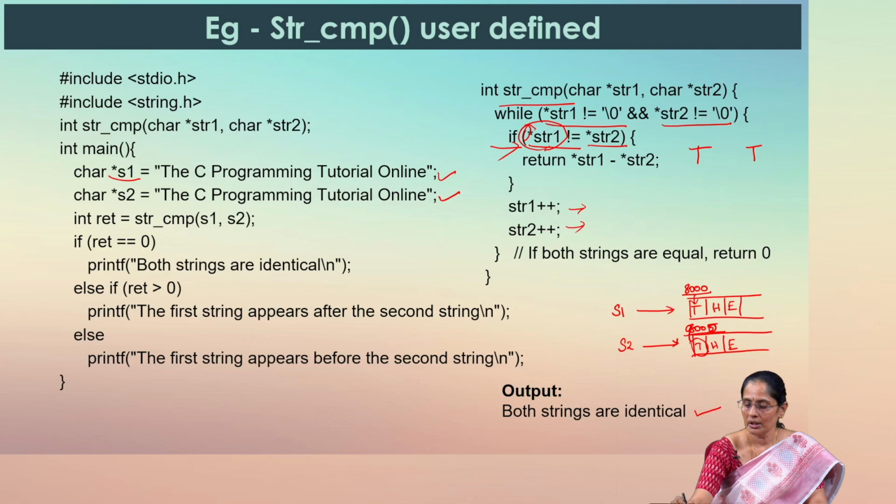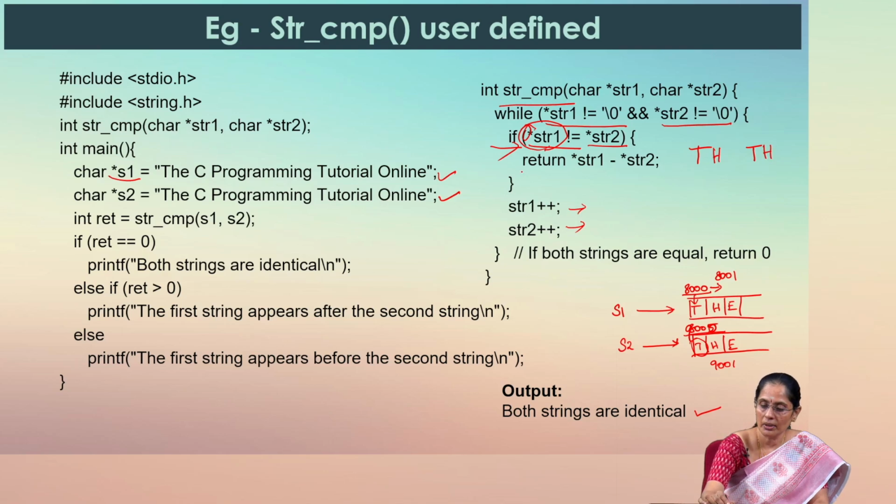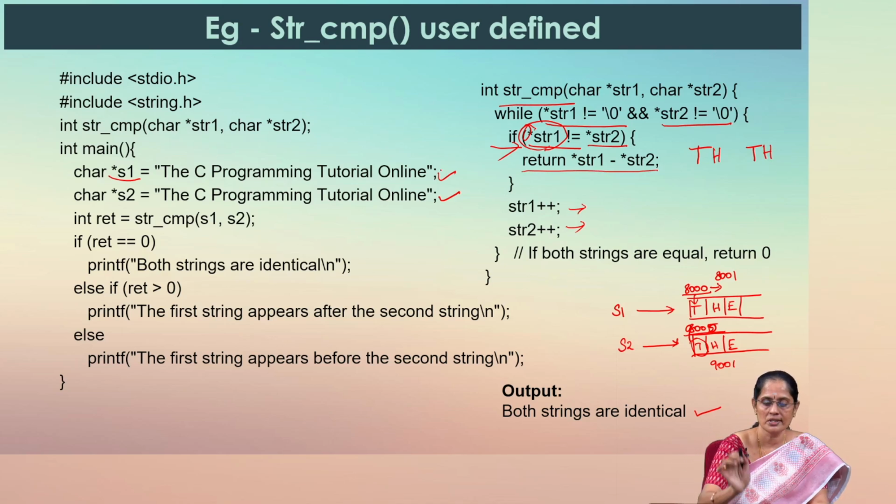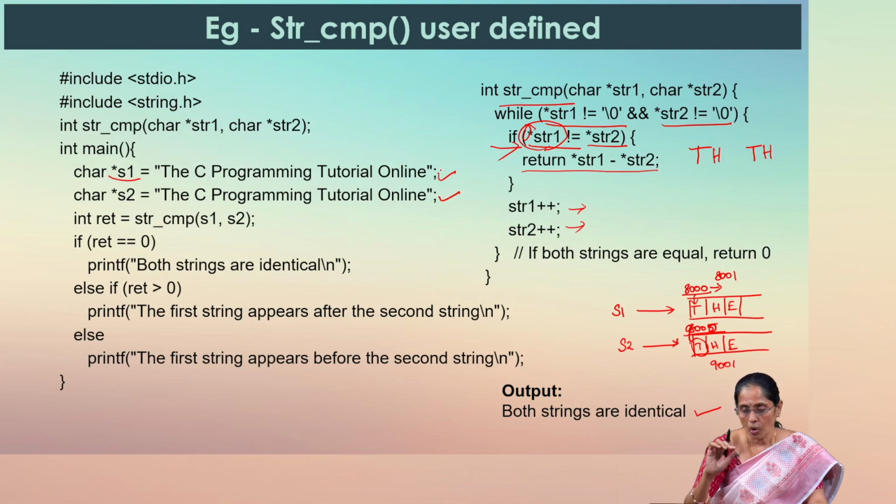So, what I do? I am incrementing the value of str1 which becomes 8001. If I increment, this becomes 9001. Then we are comparing the contents of these two characters, which is actually going to be H. So, H is also equal, right. So, this statement will not be executed, it will be now equal. Then again the loop will be continued. So, since the contents of both the str1 and str2, all the characters are the same, we will get this